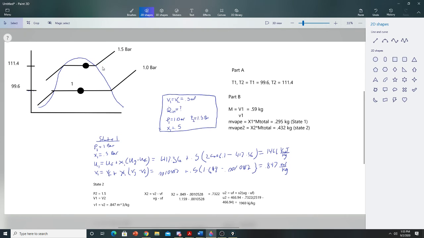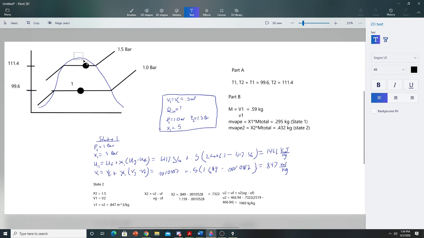Although it looks a lot better when you end up drawing it, or whenever they have it on the perfect chart, on mine it's going to look a little bit off-centered. But right here, we have state 2, right? So state 2, all we did was heat it. So we increased the temperature, and we also increased the pressure, right? Because as we increased the pressure, the temperature increased, and we went up, up, up, up, up, up, until we